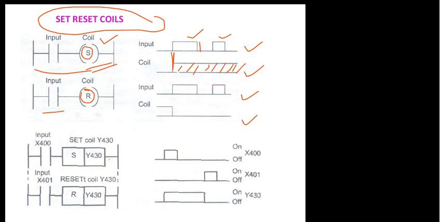If at all you want to make the reset operation, definitely you will have to make use of one more coil. Now you can see here in the second case, the moment input is present, the coil which was previously set is going to get reset and it will remain reset, similar to how this coil was set, until you once again set or reset in whatever initial position it is. So this is the meaning of set and reset coil.